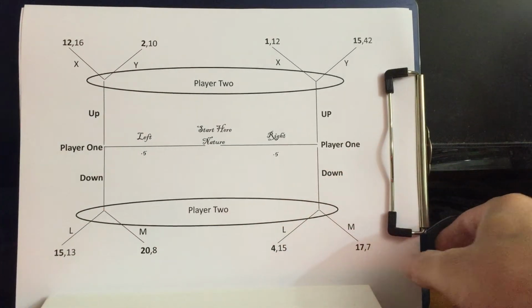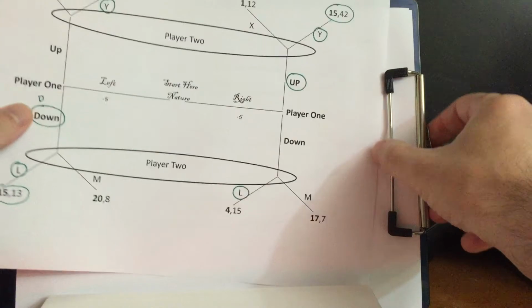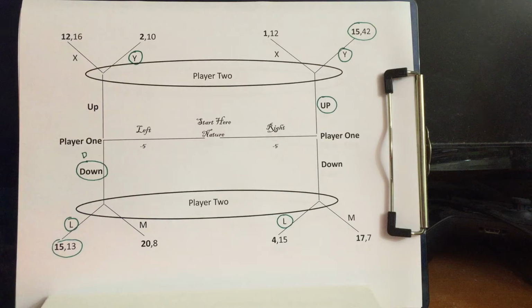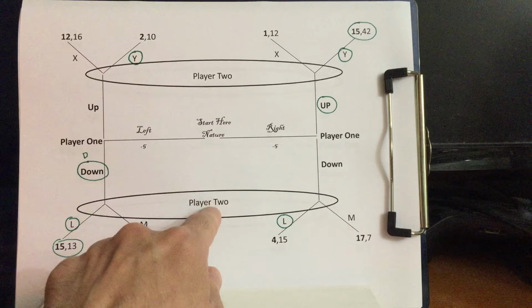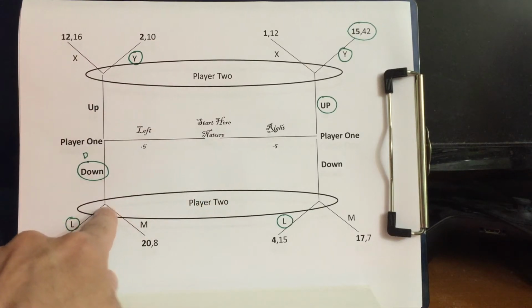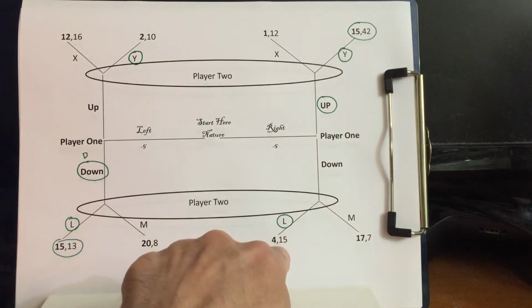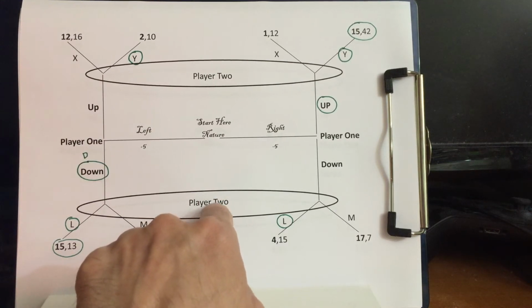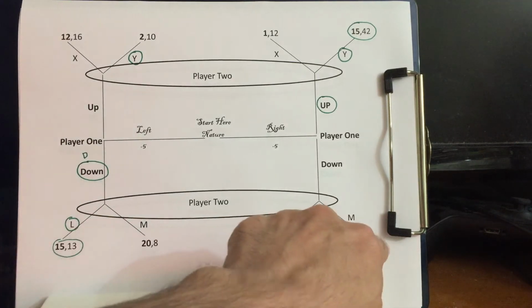You might want to pause the video and try to figure out what's going to happen in this game. Okay. Let's see what we know. Well, does player 2 have a clear strategy without having to think about what player 1 is going to do if he's in this information set? Well, if he was on this side, he would want L. If he was on this side, he would also want L. So player 2 is going to pick L, even though he doesn't know where he is, because L is always better, because again, 13 is greater than 8 and 15 is greater than 7.